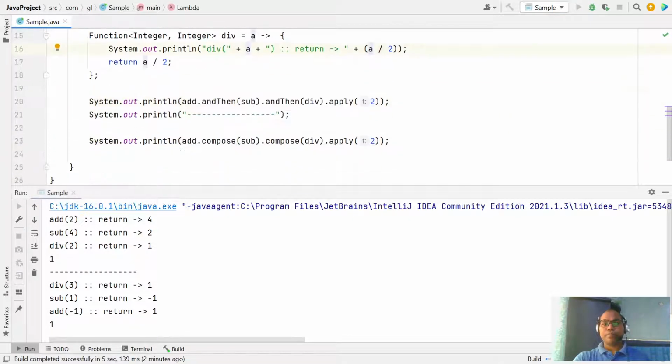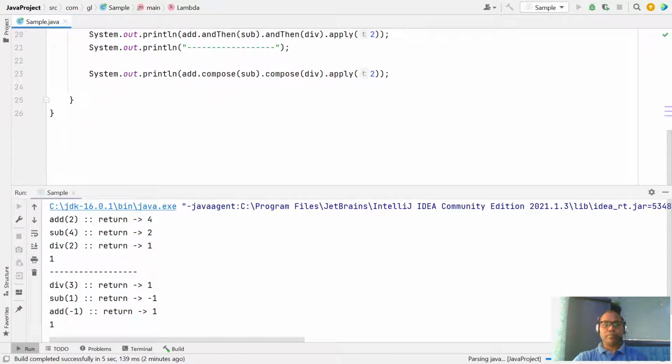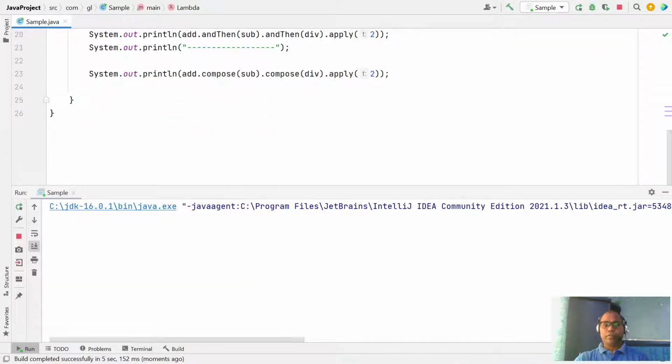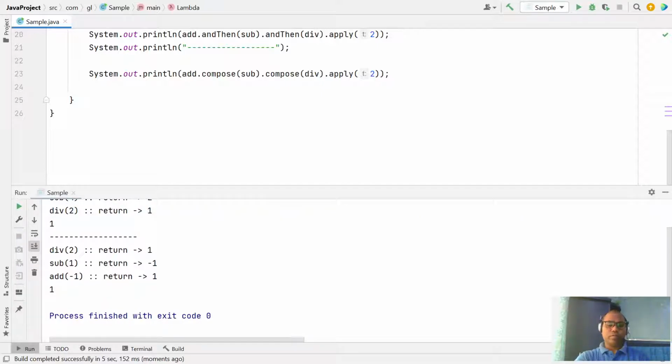Again run. Okay, same output. So here first 2 is applied to this division function. Division takes a 2 as input parameter and returns 2 divided by 2, which is equal to 1.